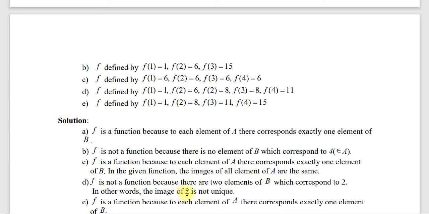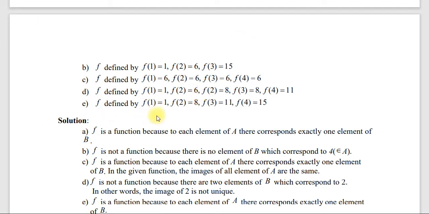Okay ስለዚህ in other words the image of b is not unique. ባጭሩ ፋንክሽን ክሊር ለማድረግ the image of the domain or the image of the value of x simply must be unique. Okay ስለዚህ ምንድነው የሚለን the image of 2 is not unique ይለናል ማለት ነው። so 2 መደገም አልነበረበትም ነገር ግን ተደግሟል። በዚህ ግልጽ በሚሆነው ወይም በሚገባን ዶሜኑ ካልተደገመ ፋንክሽን ነው፣ ከተደገመ ግን ፋንክሽን አይደለም። አለቀ።